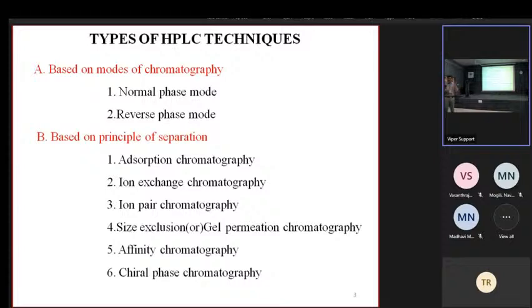Normal phase HPLC is the reverse: we use a non-polar solvent and a polar stationary phase. So based upon the mode, we can classify normal phase and reverse phase HPLC. Based upon the principle, it depends on what kind of chemical molecule we use as the stationary phase. For example, if we use an adsorbing agent, the principle is adsorption. If we use an ion exchange material, ion exchange chromatography is the principle. Then there is size exclusion, meaning